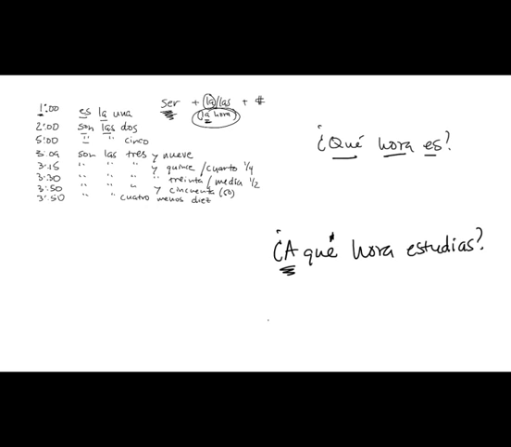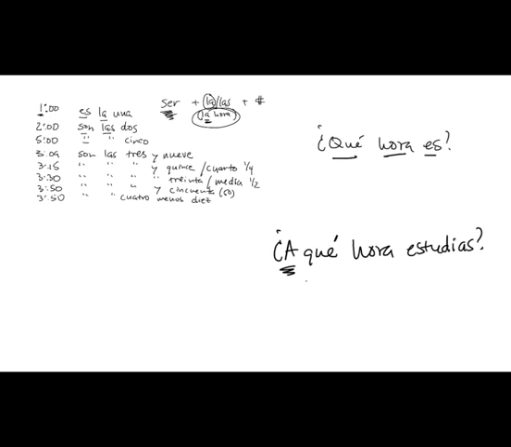Okay, here, this is one time in Spanish when a will mean at. Generally, a means to or towards and is used with verbs of motion, but here it means at. Okay, so ¿a qué hora estudias? And you need that accent on the qué. That's what makes que mean what.